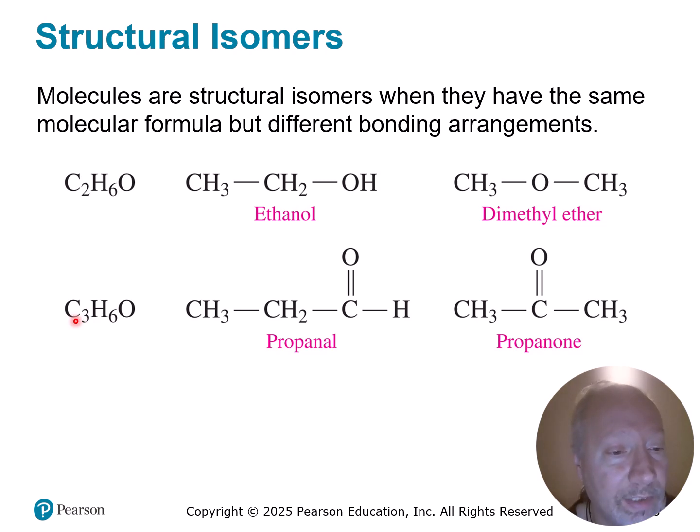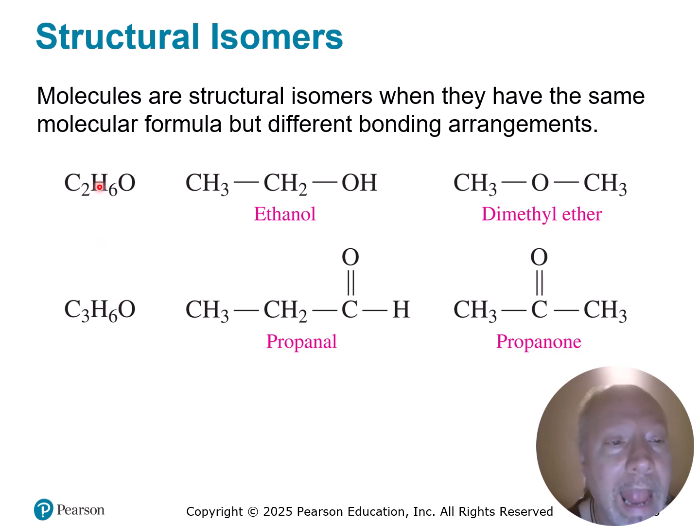The formula is C3H6O, with one oxygen understood to be a one here. But both these molecules have different properties. They have different reactivities, different melting points, different boiling points. And these are structural isomers. We learned about those earlier. But isomers,